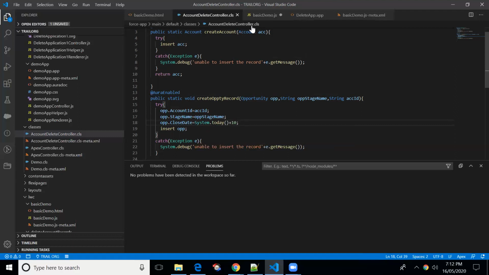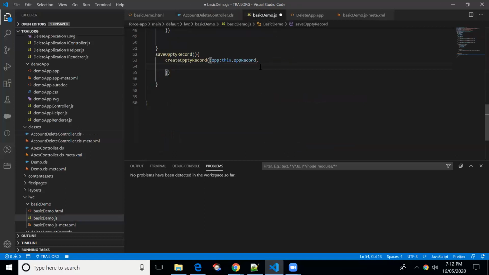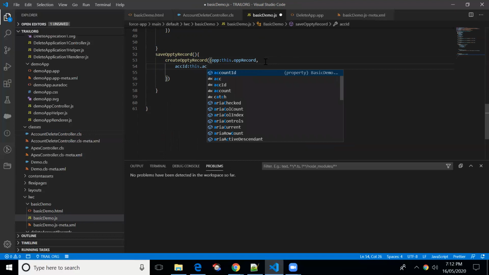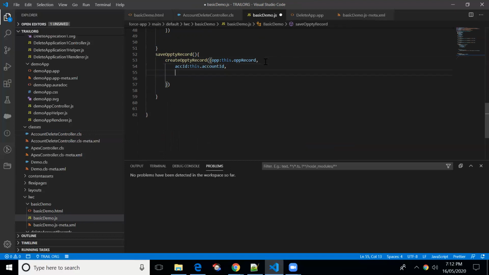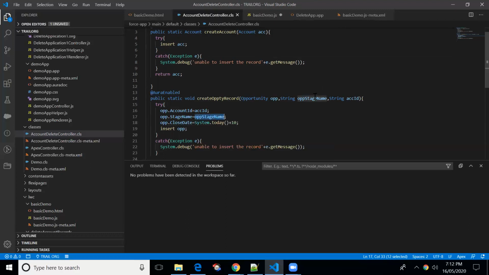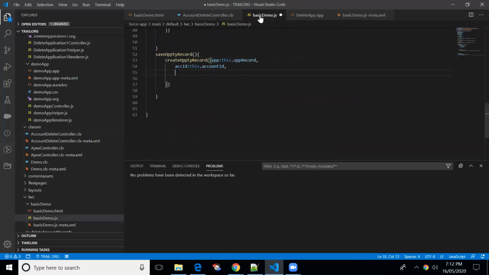Now I'll pass opportunity name and account ID to this method. For accId, the account ID will be present in the account ID variable. One more is stage name. I'm copying the reference variable name, opportunity string name. So closed one. That's it.